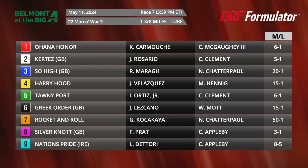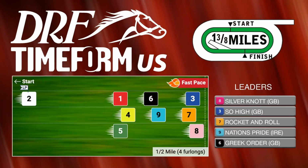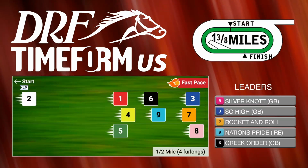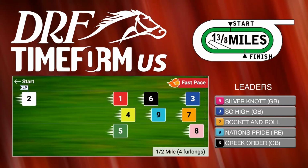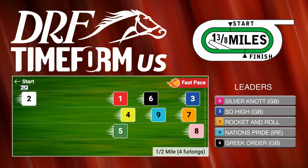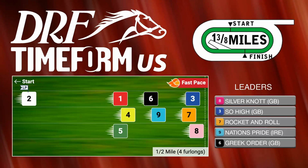but there are some others coming in with upside, and there's also some pace in this race as we take a look at the Timeform US pace projector. A surprising amount of pace for a race going a marathon distance, and integral to how fast this pace does play out are a couple of big long shots, both going out for trainer Nightpaul Chatterpaul, those being the number 3, So High, who has been known to run off in some of these marathon races, actually finishing 3rd in the Turf Classic last year, utilizing those tactics,